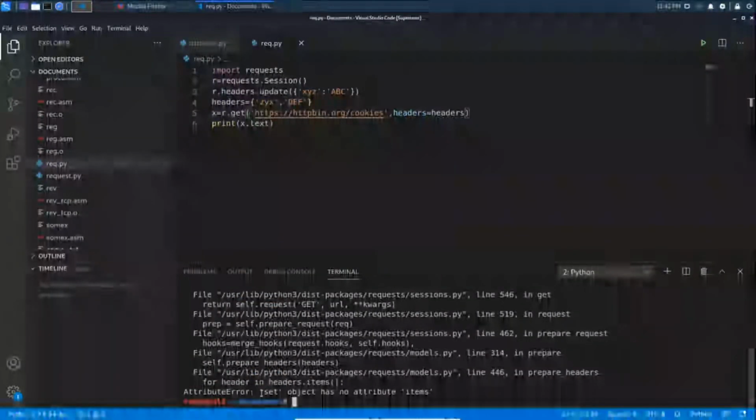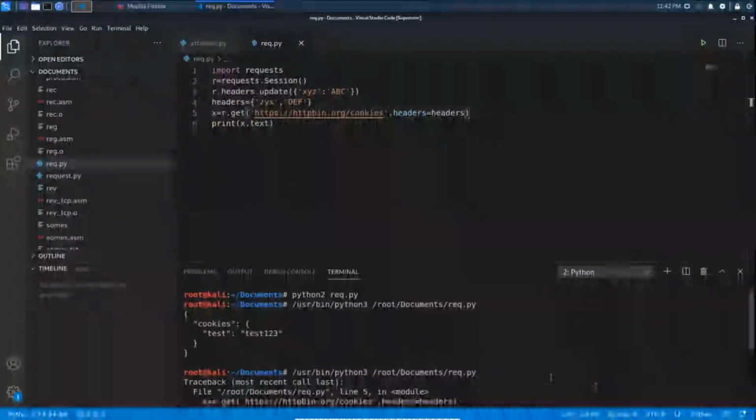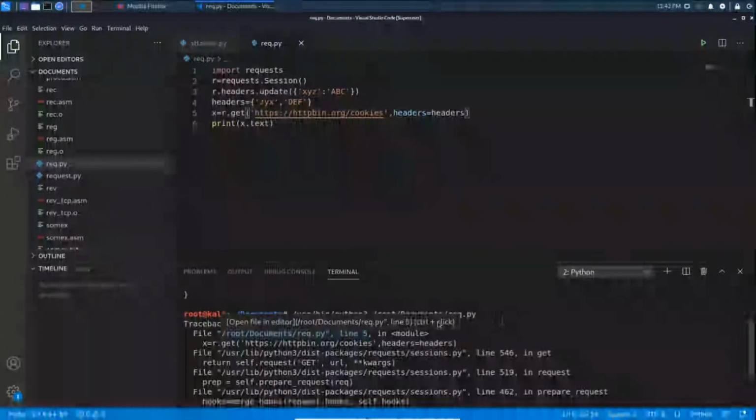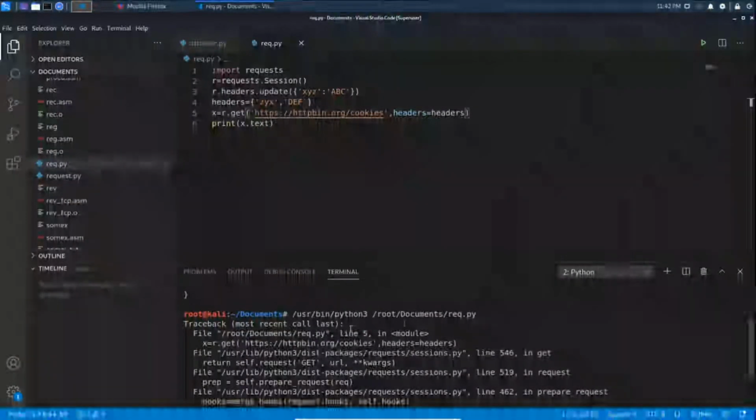Okay, what did we do? Line 5, index.r.get. We used everything good, everything is good. I don't know what has happened now. Okay, traceback.